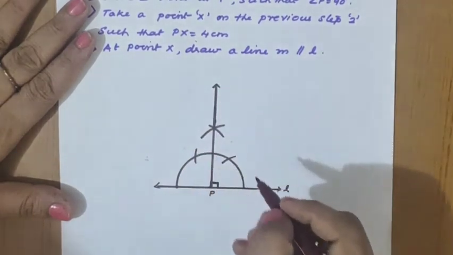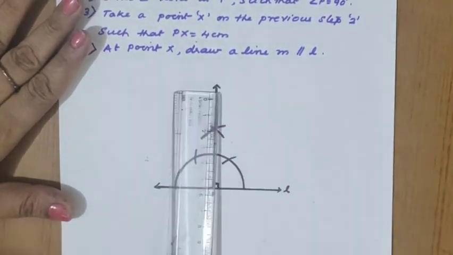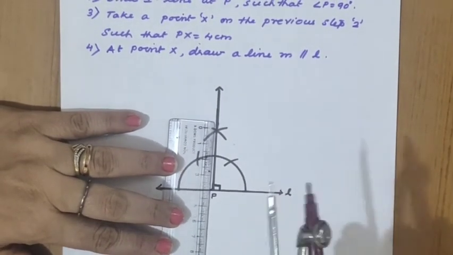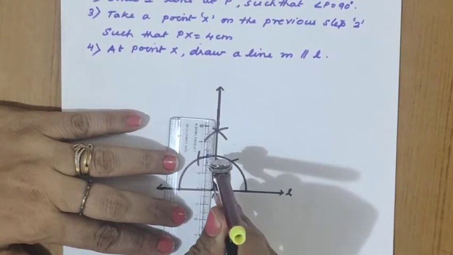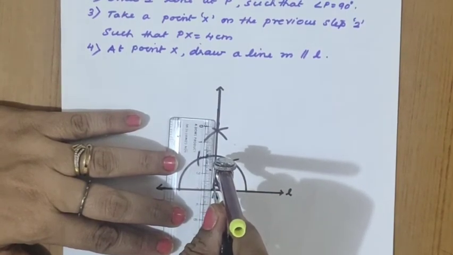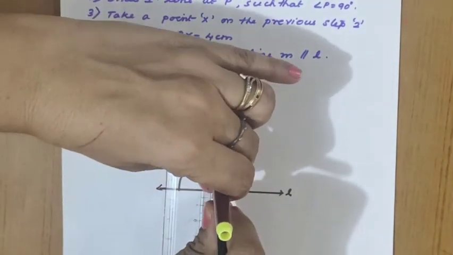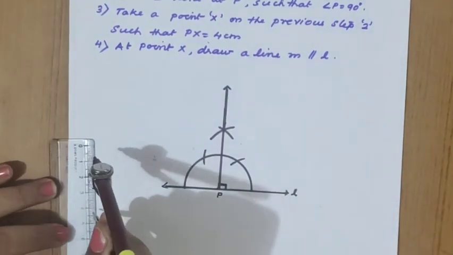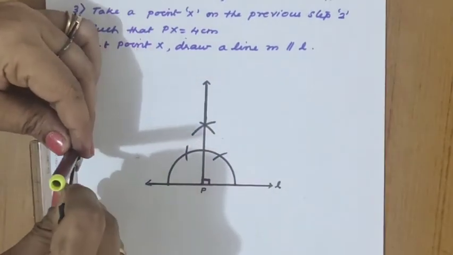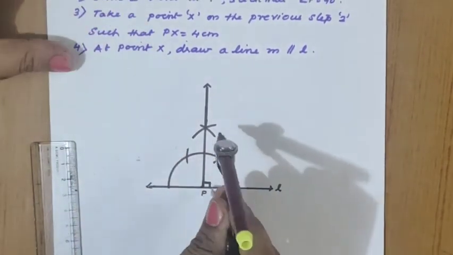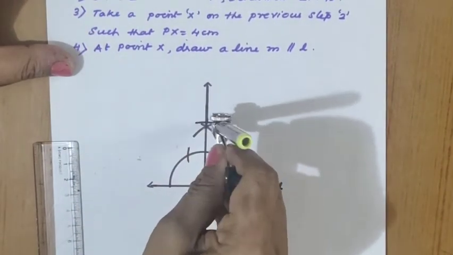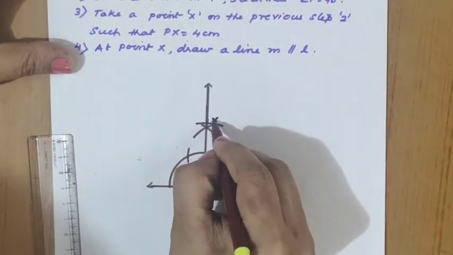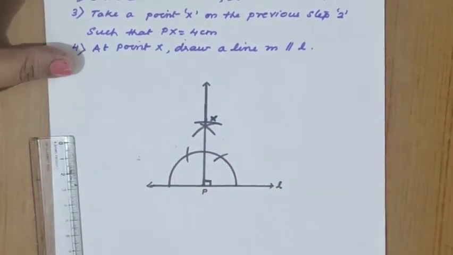Now on this line, what is the distance to be taken? It is 4 cm. So actually 4 cm means we have to take in a compass. Okay, that 4 cm to be taken. Again we have to draw. So I'll keep here. Okay, almost slight variation is there, so let us see the correct one. So okay, here the 4 cm arc to be drawn. That is our X. So at X we have to draw a line parallel to L only.